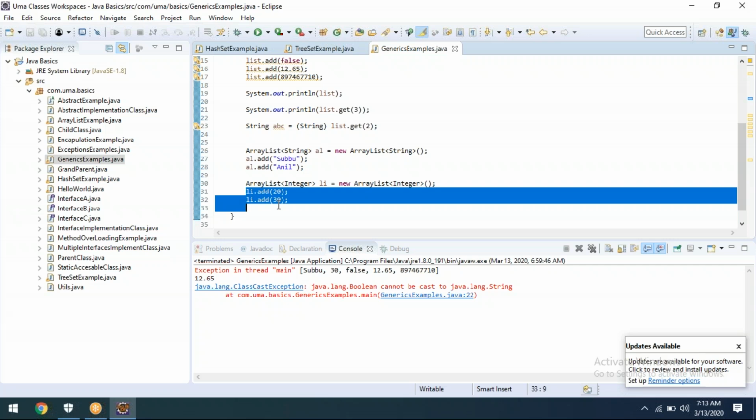Going forward, whenever someone is asking to write a list example or some example, it is better to always go with generics. Without generics is there only for our learning purpose, to see how much we are able to understand. To know the difference, if we learn first without generics, we can easily understand after using the generics. But in real time, always we have to go for generics.